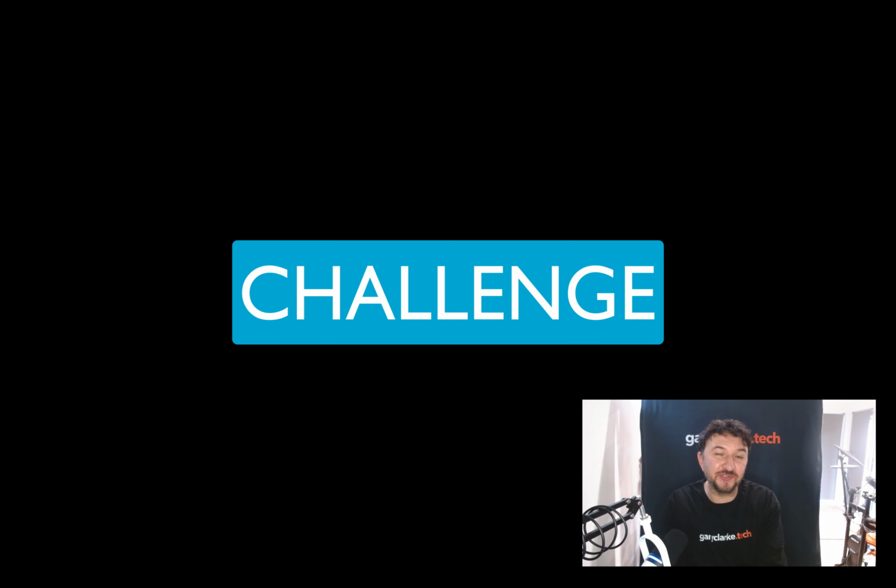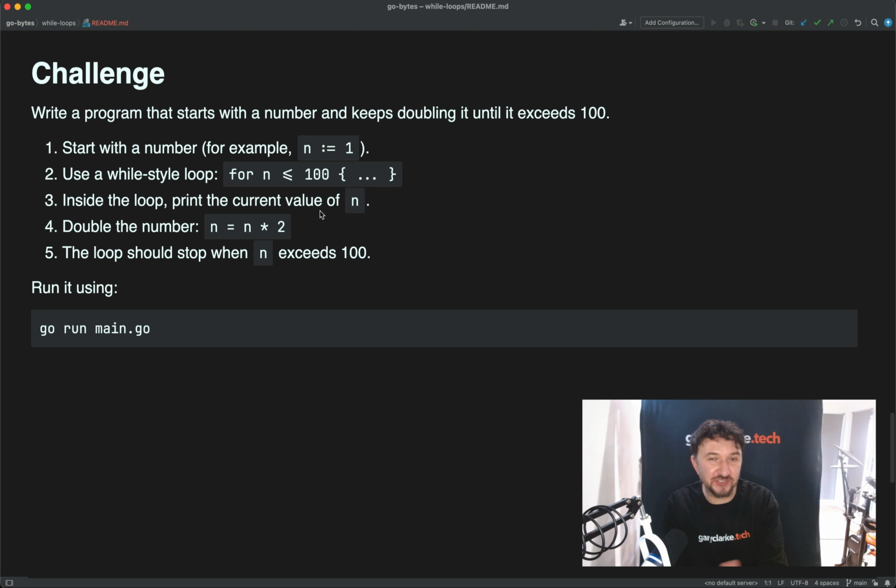Okay, so time to get your hands on the keyboard and have a go at this yourself, just to get a feel for this. So here is the challenge. Write a program that starts with a number and keeps doubling it until it exceeds 100. So start with a number, initialize a number, n equals 1 for example, then use a while style loop. So the syntax for that would be for n is less than or equal to 100. Inside the loop, print the current value of n and then double the number. So you can do that with n equals n multiplied by 2,